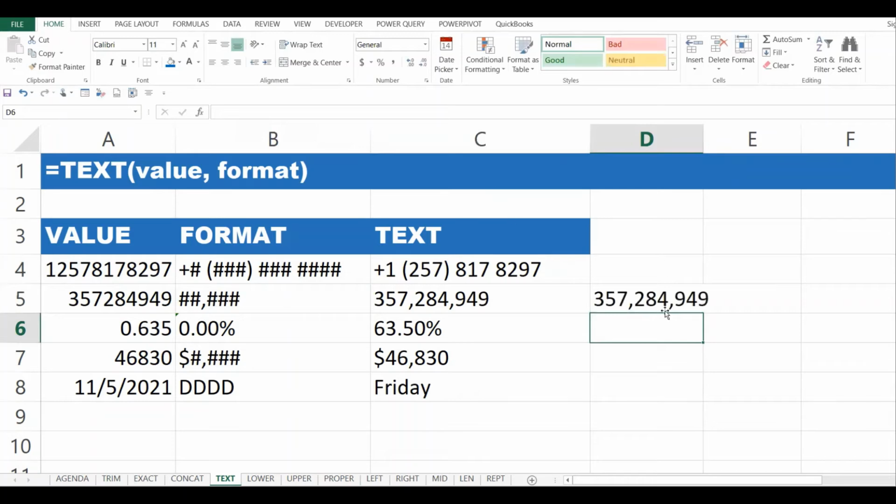Enter, and you get the same result. So you can type it there by putting the format in commas, or if you have it in a cell, you can just refer to the cell and you get the right format that you want. So this is mainly for formatting the text that you have.